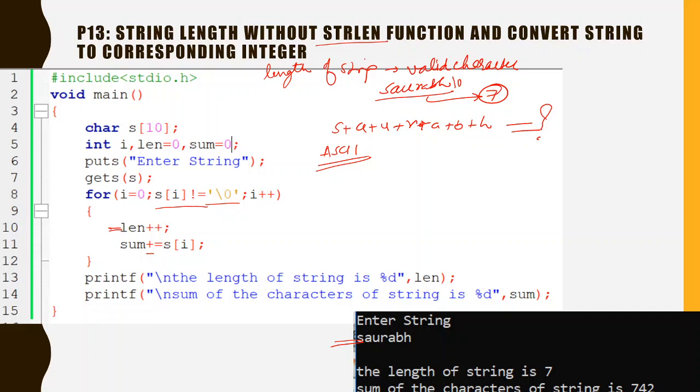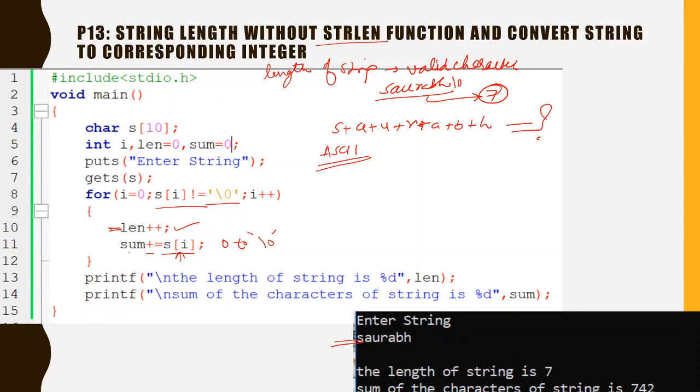So for every element s[i], with i from 0 till we find the null character, every time you don't have a null character, the loop increments the length of the string, and it also adds the ASCII value of the current element to the sum.